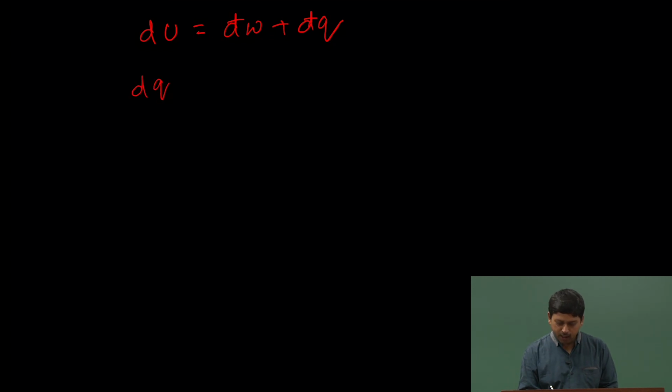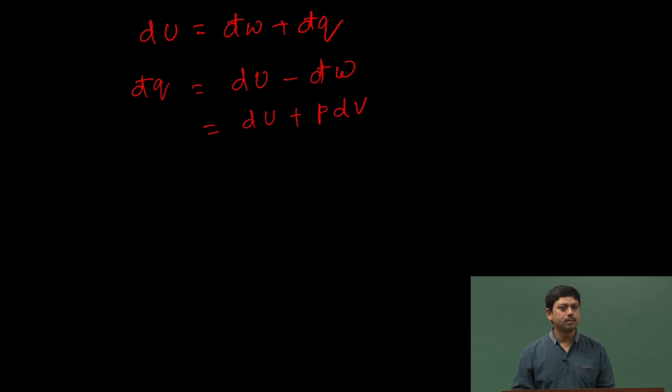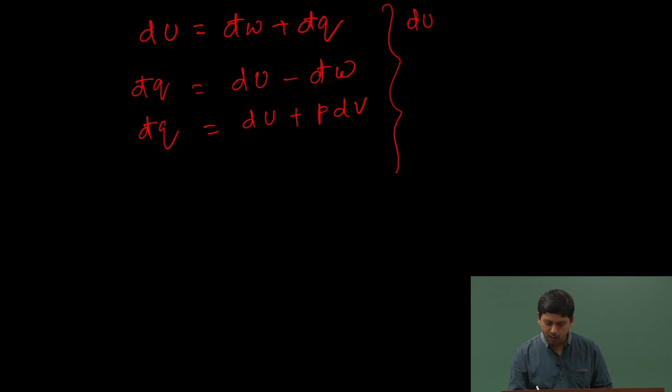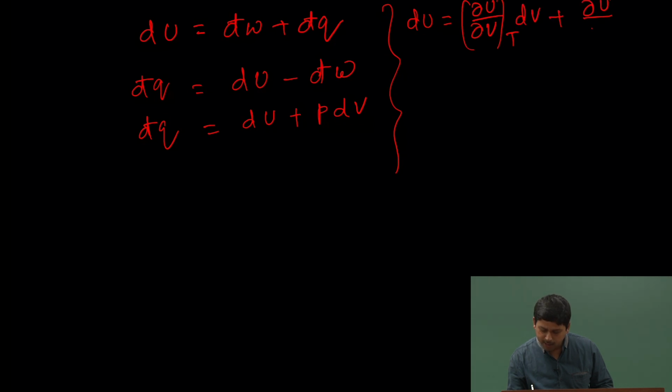We are looking for heat. So, dQ equals dU minus dW. By definition we can write dU plus P external dV; although I write just P, take it to be P external. So, dQ is dU plus P external dV. Now, what is dU? Now you will see the importance of an exact differential. dU is an exact differential and U depends on both V and T. So, let us write that in terms of exact differentials: del U by del V at constant T dV plus del U by del T